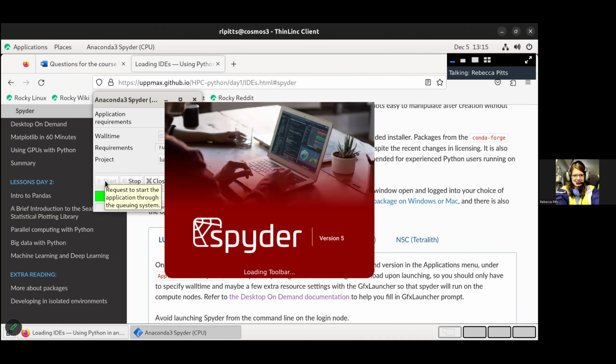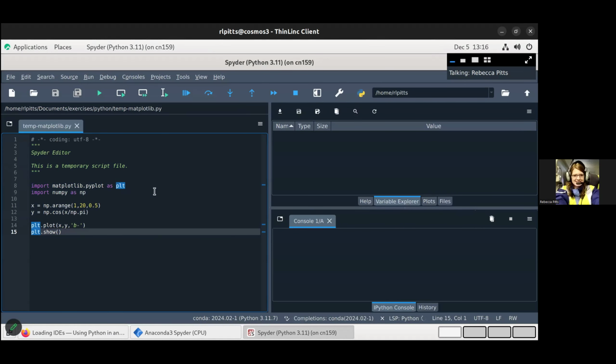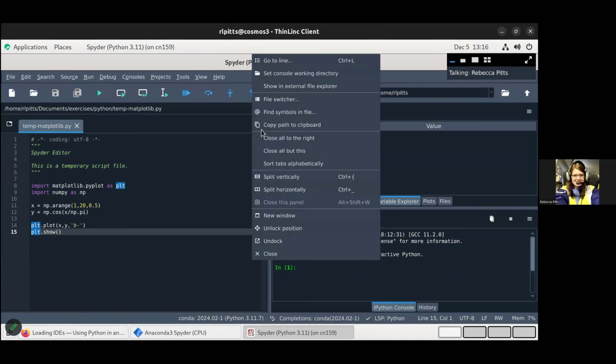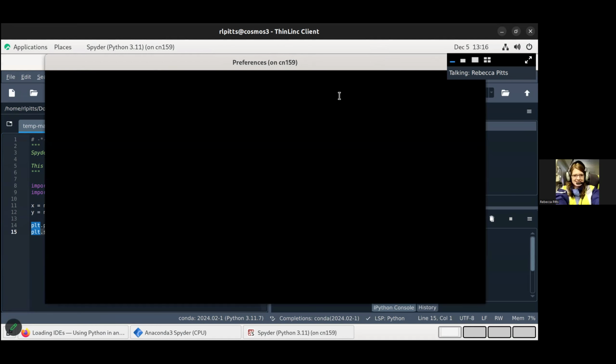This one is version 5, and it might be a little big. Depending on your system, you might find that some of the text might be either too big or too small, and that's easy enough to fix. So